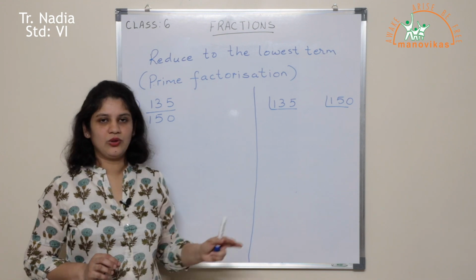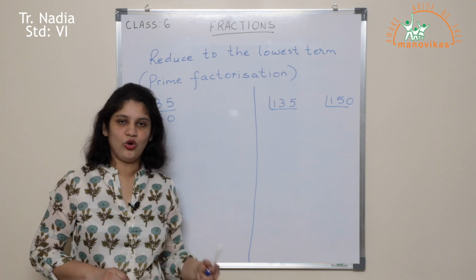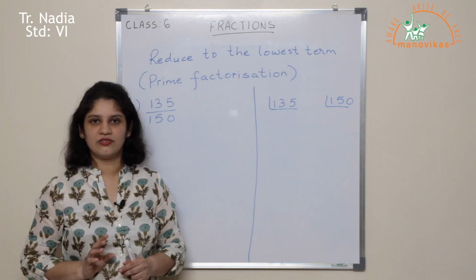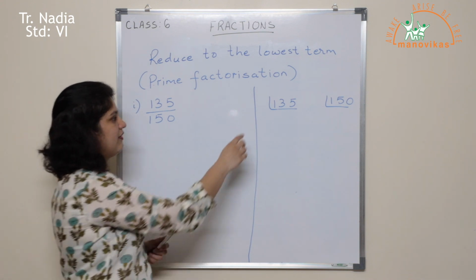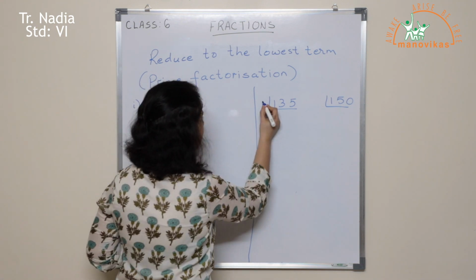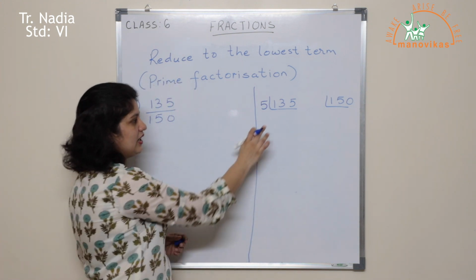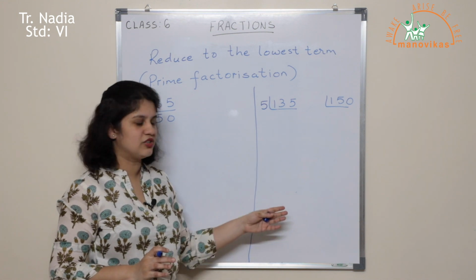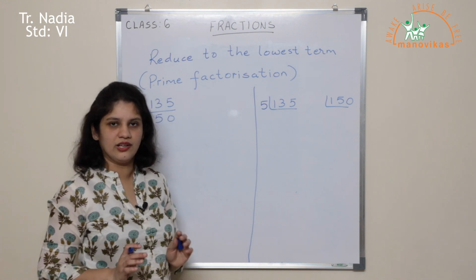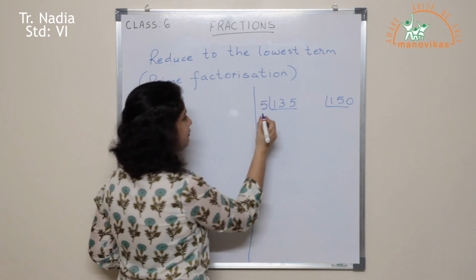Now the simple rule I am going to use, whenever a number ends with 0 or 5, you can make use of the 5 times table. So I will make use of the 5 times table to divide 135. So 135 divided by 5. Now here children, if you are well versed with direct division, you can do direct division, or else you can work it out on a rough page. Now what is 135 divided by 5?